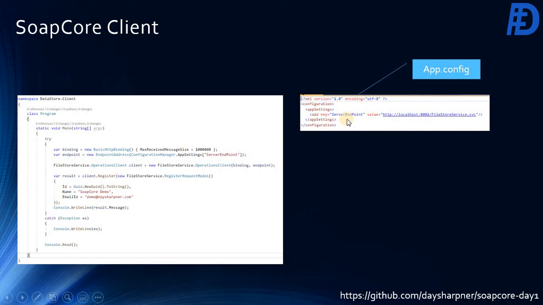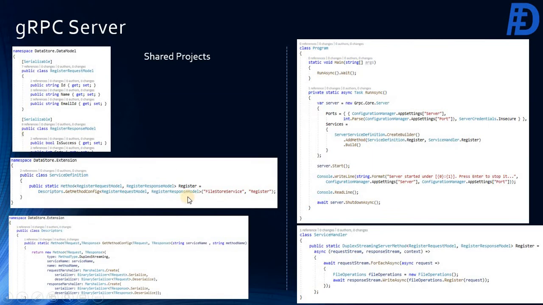Here we have given the service endpoint in our app config, but it is optional. So if we compare WCF and SOAP core, it is quite similar; there are not many changes. Now let's see how the gRPC service and client work.